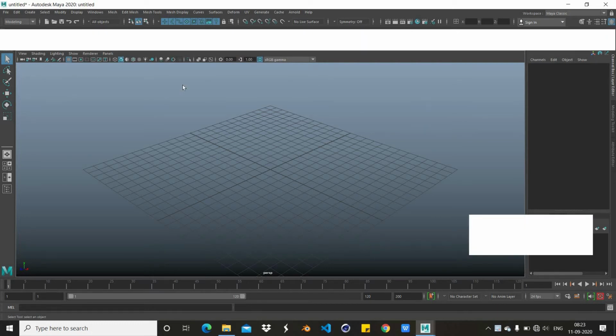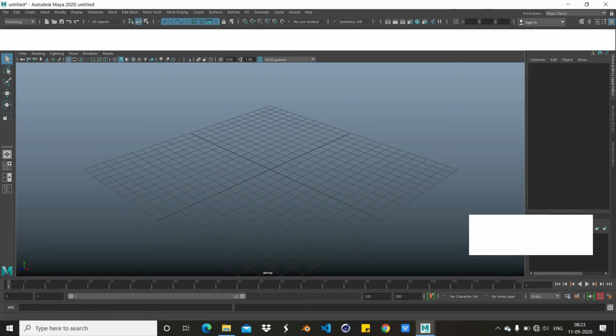Next, the tool shelf. This is the tool shelf. Tool shelves contain many tabs. Each tab contains commonly used functions. For example, the rigging tab contains icons for the most commonly used commands available in rigging.